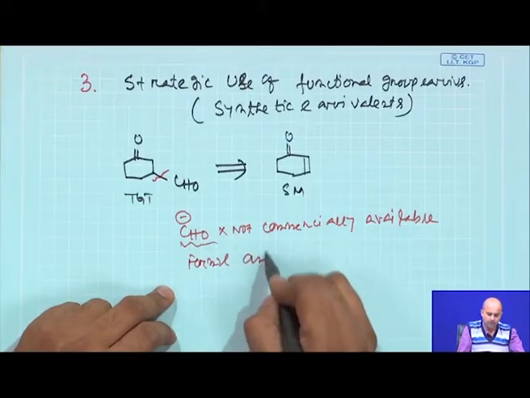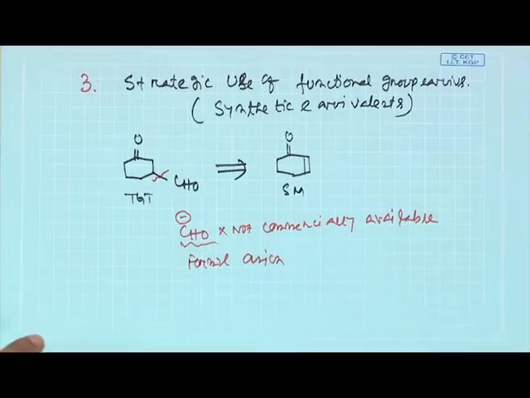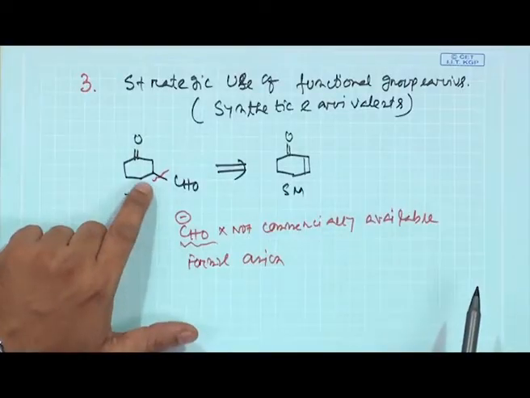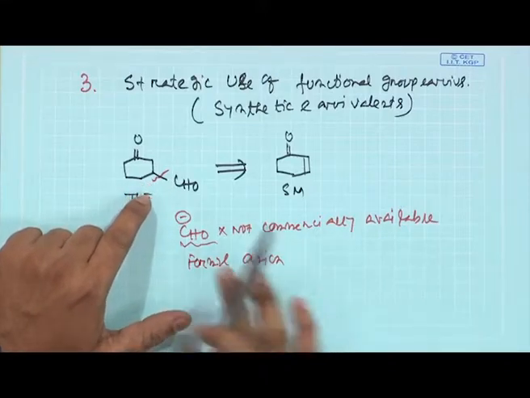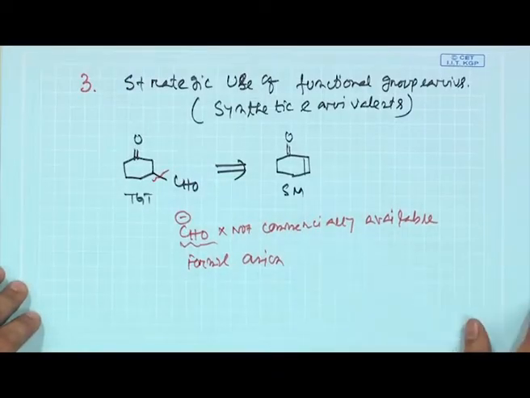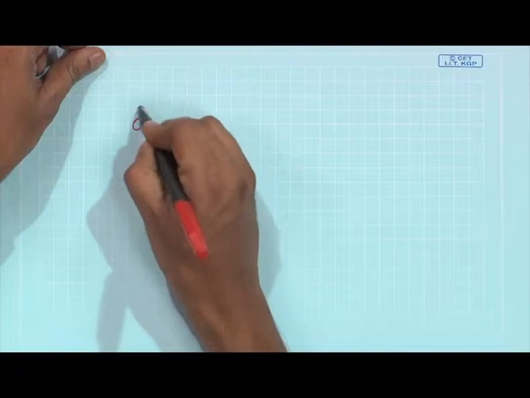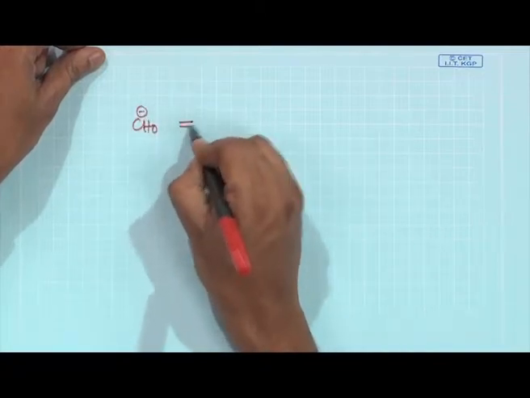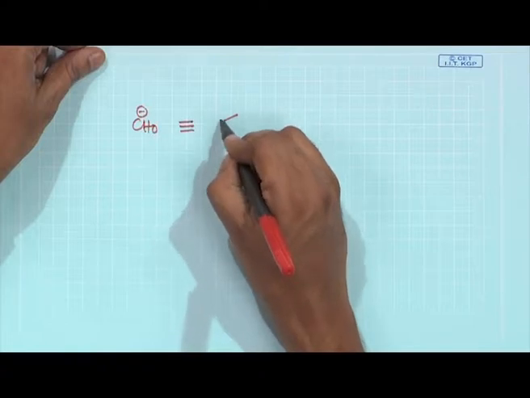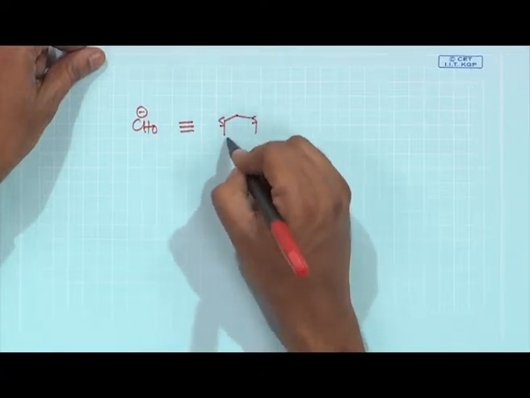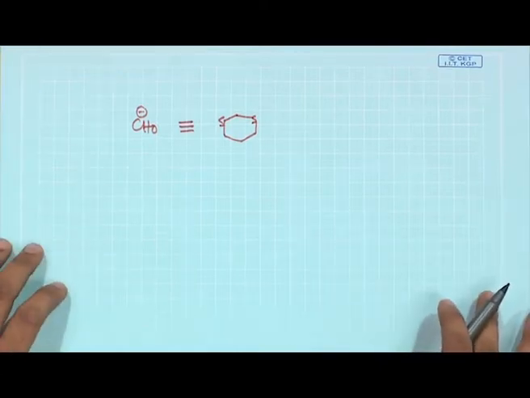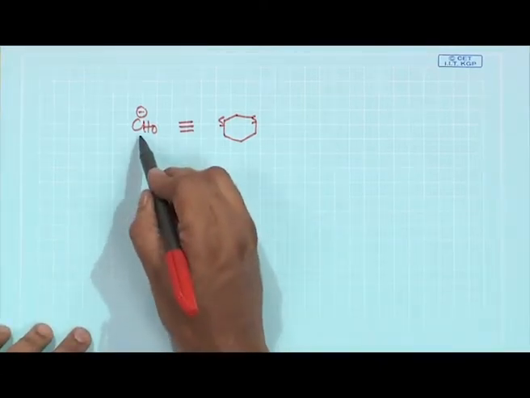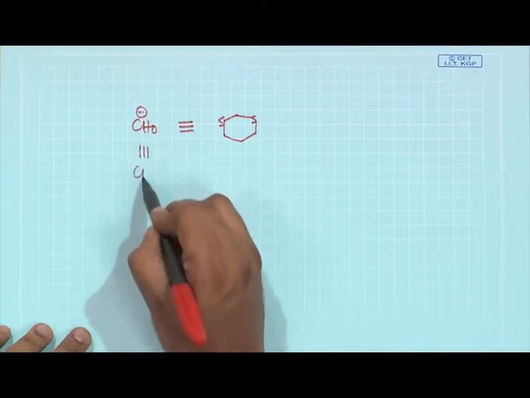So, if somehow you have a formyl anion at your disposal, you can do this carbon-carbon bond formation. And probably you all know where this formyl anion can be generated from, but this is what we talked about as the strategic use of functional group equivalents or synthetic equivalents. Now, what is this? It says that this formyl anion is a synthetic equivalent and it can be generated from a 1,3-dithiane species of formaldehyde, or this anion can also be generated from nitromethane.